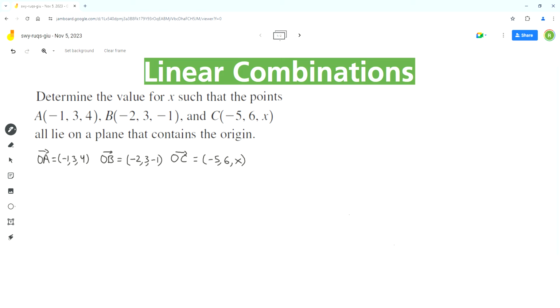So these three vectors lie in a plane. So that means one of these vectors can be written as a linear combination of the other two vectors. So we'll use that concept to solve for x. So we can write vector OC as a linear combination of vectors OA and OB because OC has x in it, so it will be easier to solve for x. So let's use the constants a and b. So our vector equation will be